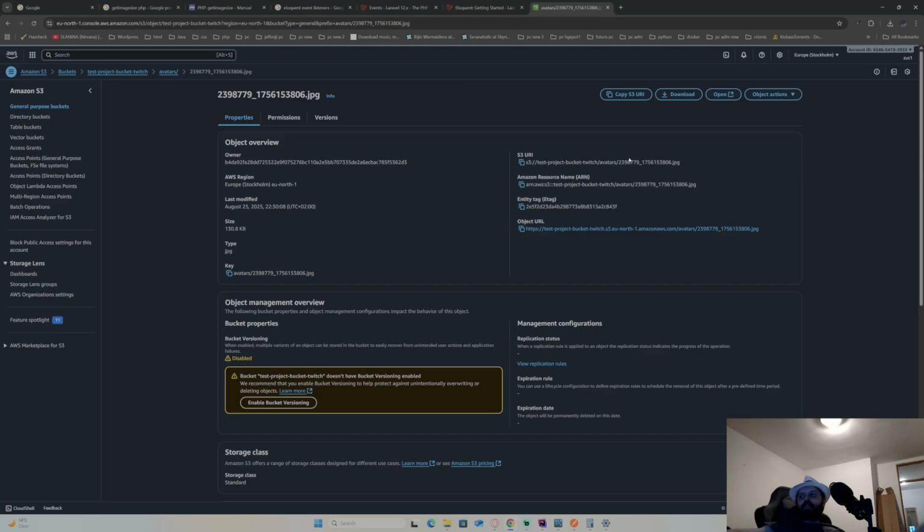Basically, streaming means you're just sending and retrieving chunks of the file, not the file in advance, but going in chunks. That's what streaming is in a nutshell. And for streaming from AWS, this is the protocol that is used. Okay, so this is it. My file is here, and now